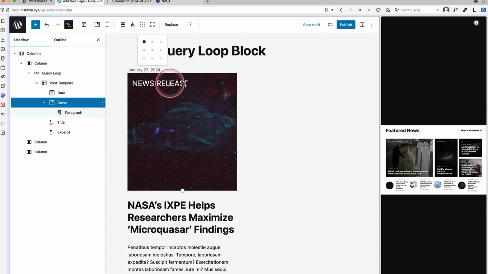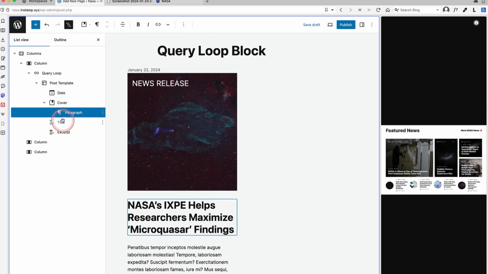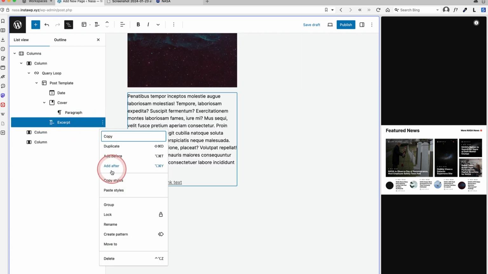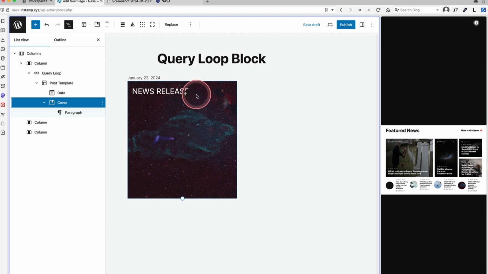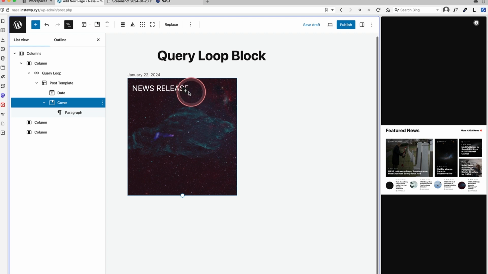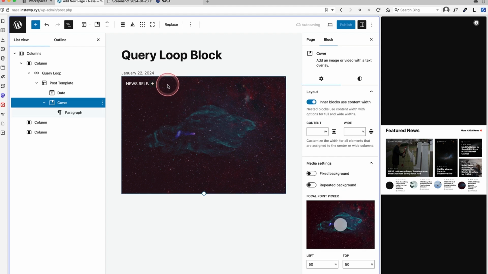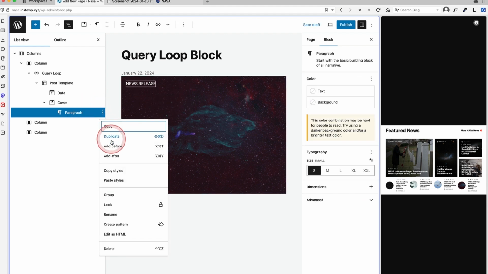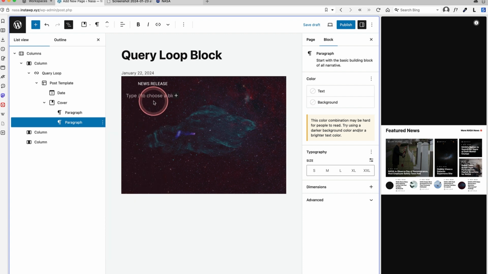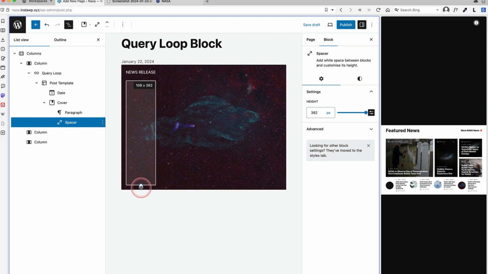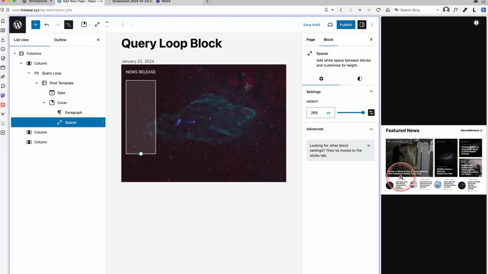Now, there are a number of ways you could do this. I'm just going to get the basic structure right first. In fact, let's just delete the title and the excerpt down here. So we're just left with our little card that we're designing, which is this card over here. So there's a few ways you could do this. You could stack it, and you could, let's just make this a bit smaller, and you could do all sorts of things. But actually, one of the easiest ways, especially if you're just starting out, is to use what's called the spacer block. So I'm just going to add the spacer block in here. And you see I can actually just drag this now to create space. And what that means is I can put other elements down here.